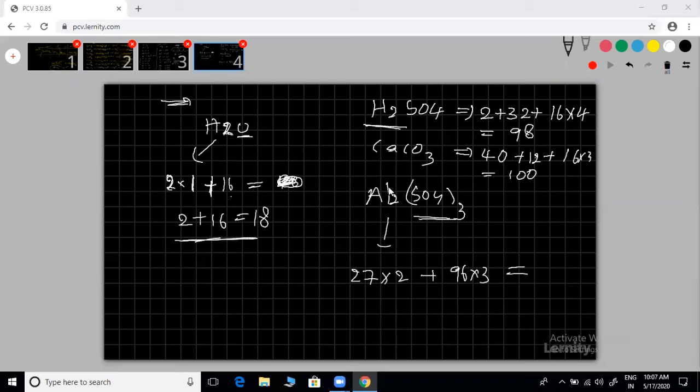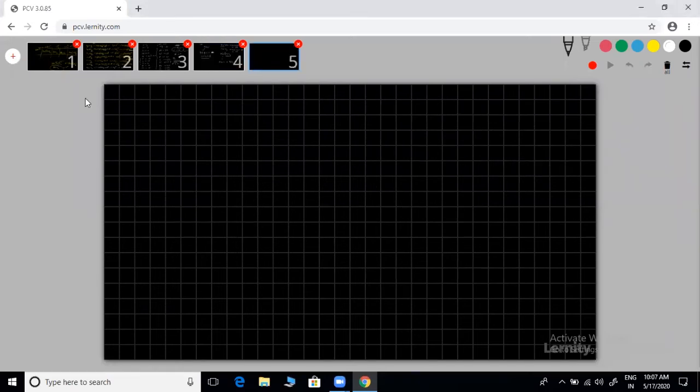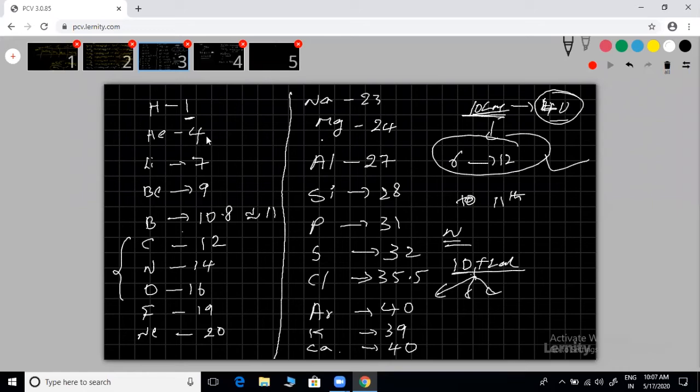Fine. Now actually atoms and molecules we are not able to see, that is not in the visible range. So you can't find out their weights exactly. For example, here they given helium. Suppose you are assuming 4 grams, that means 4 grams weight we can see, that is visible range. Oxygen 16 grams you are taking, so 16 grams is visible range. But still we are not able to see atoms and molecules. So one atom weight we have to express: one hydrogen atom, one helium atom, one oxygen atom weight. How to calculate? Those things we are going to discuss right now.